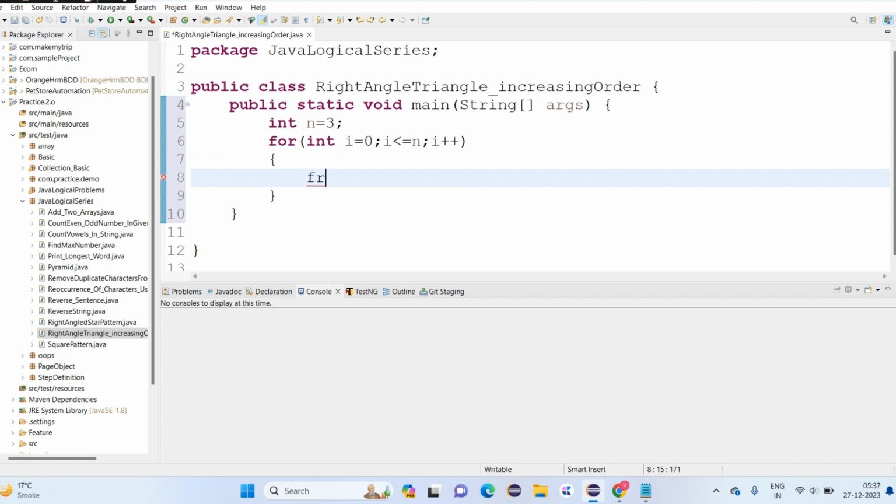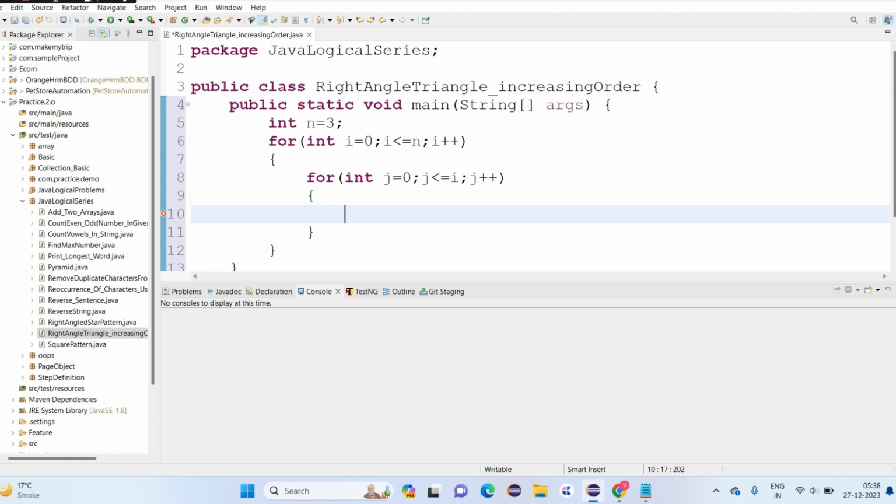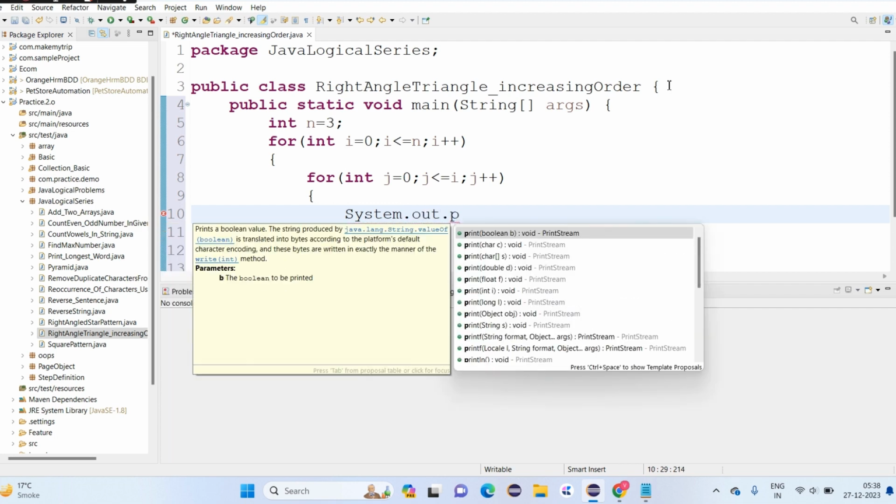Then for int j equal to 0, j less than or equal to i, then j plus plus, then System dot out dot